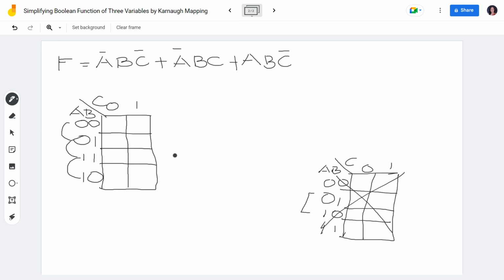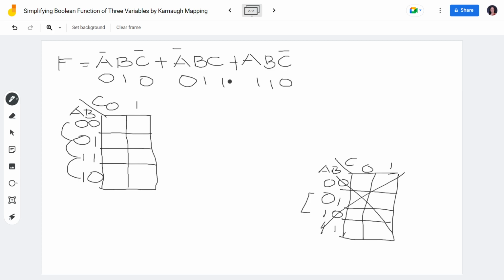Okay, since we already have this Karnaugh map, what we have to do is translate these terms and put them in our Karnaugh map. How is that? If we return to the truth table, it's easier to convert the terms into their numerical form, such as not A, B, and not C. Not A, if there's a not, is always a 0. B doesn't have a not operator, so it's a 1. And not C is 0. So not A is 0, and B and C is both 1. And then A and B is both 1, and then not C is 0.